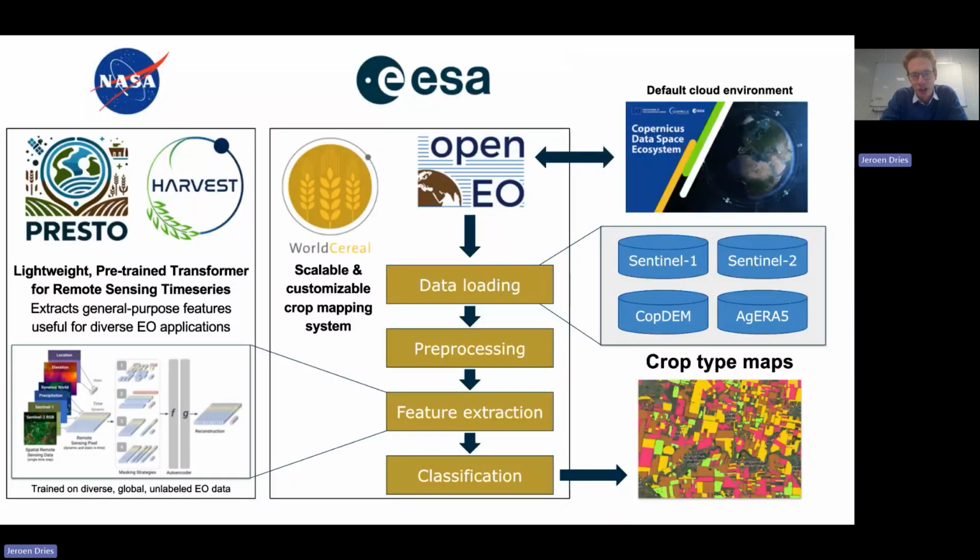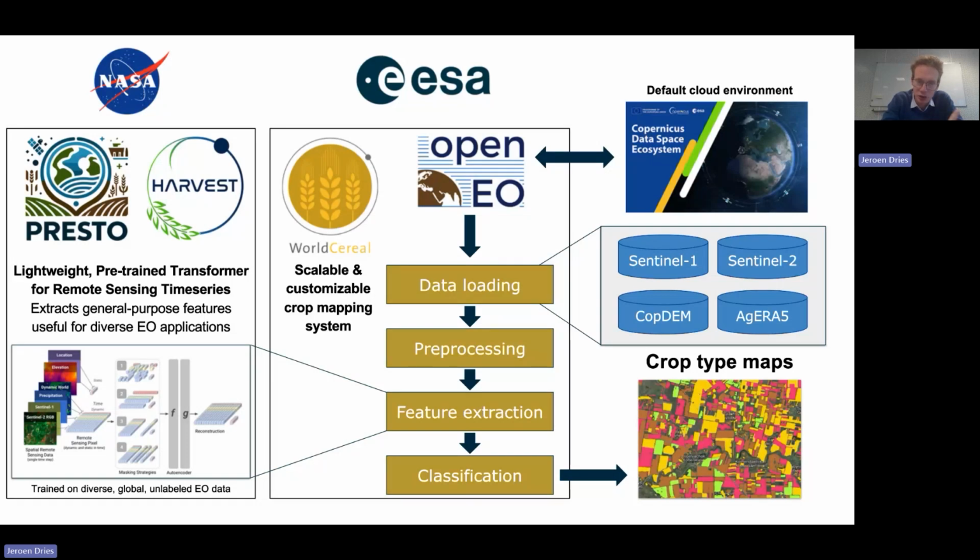This is how the WorldCereal workflow looks like. And it's actually quite representative of other things. So it's a great introduction to what we'll also be seeing in the notebook. So it's always the very same steps. You load a bunch of data that's pre-configured, these data sets are already there and configured for you. WorldCereal is based on Sentinel 1 and 2, an elevation model, the Copernicus DEM, and the meteo data, the ERA5 meteo data. Then all of that loaded data gets pre-processed